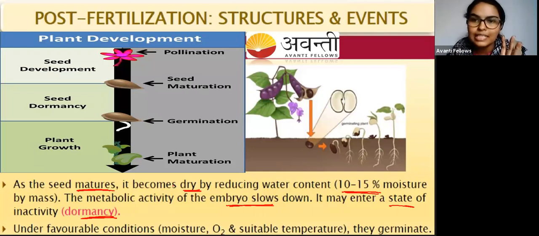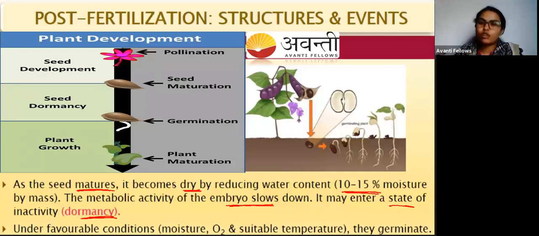So one possibility is that it is an endospermic seed, that's why it is getting some nutrition. Second point is it has a thick seed coat, so that the moisture content or water is not getting inside the seed. Third, some environmental conditions are not right. It's not getting the appropriate environmental conditions.